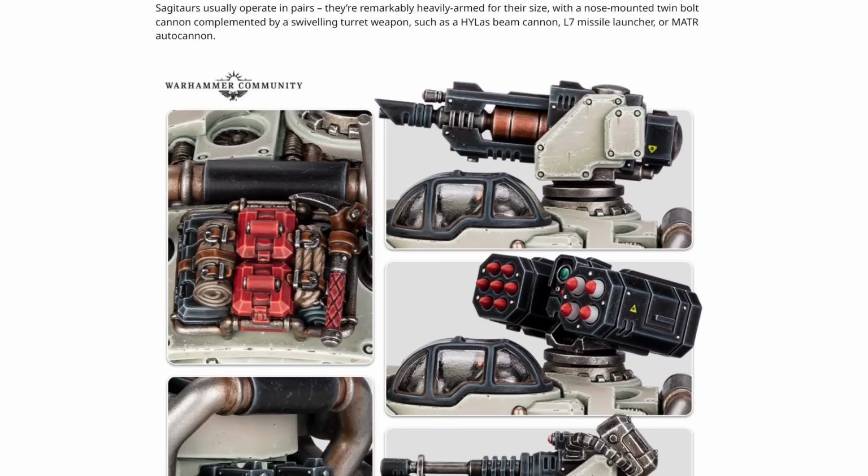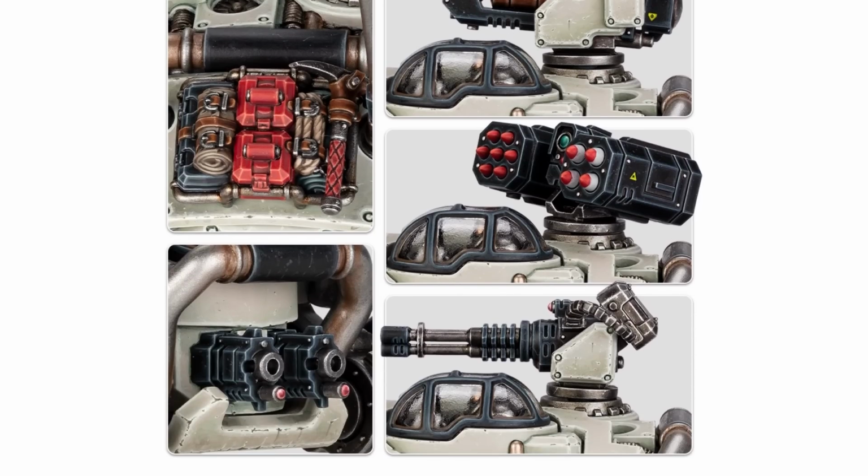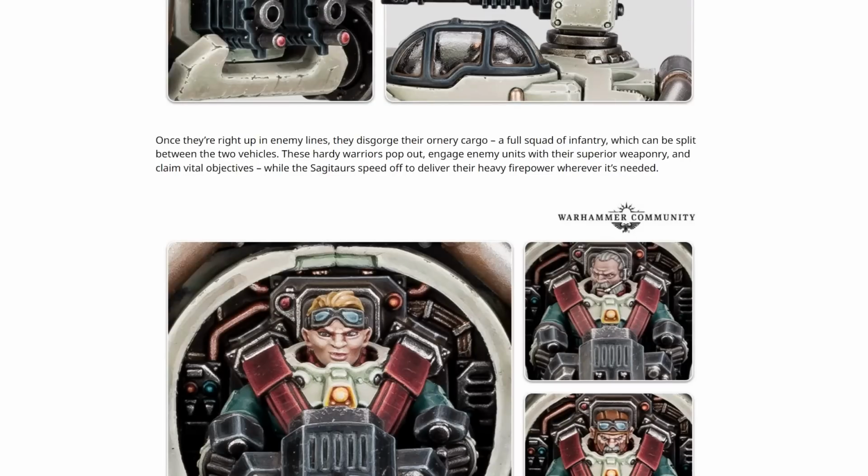Okay, so there we go. We've got all the supplies on the back. It looks like there's a couple of detonation kits or something, those push down lever ones. You've got a big pickaxe, some rope, some sort of tarp off to the side. The different weapons there, I'm assuming that's the high-rise beam cannon, then there's the missile launcher, then that's the auto cannon. Cool. And once they're right up in enemy lines, they disgorge their ordinary cargo, a full squad of infantry,